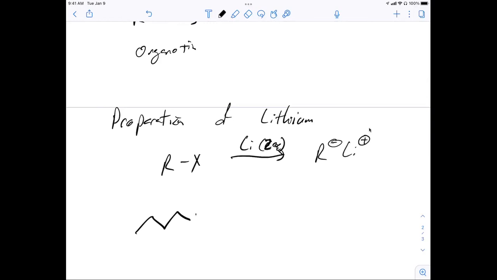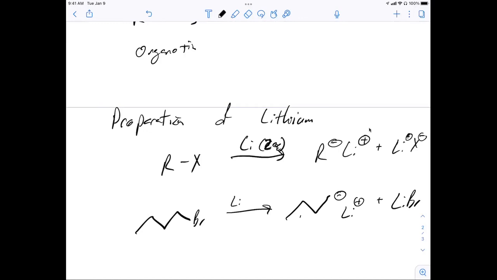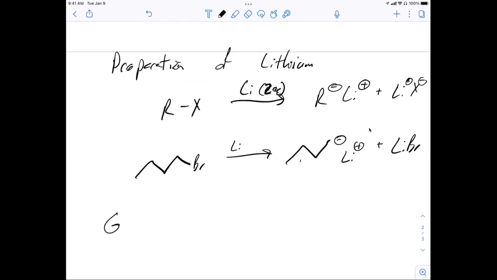The one that we may be familiar with is butyl lithium. So this is how you make butyl lithium. And again, I tend to put the negative and the positive. So if we take lithium and react it with that, we'll end up with butyl lithium. Butyl lithium is a great base. And then for Grignards,